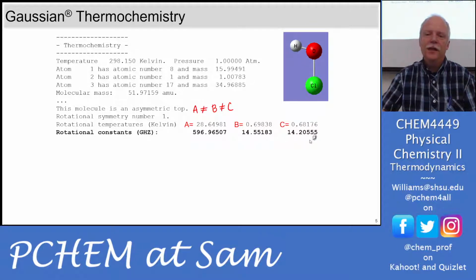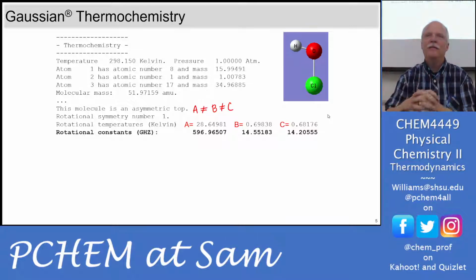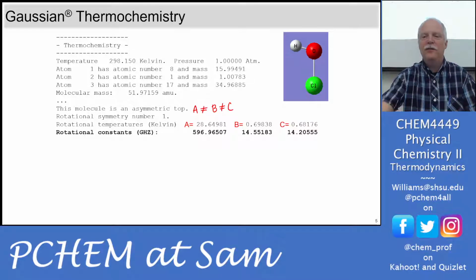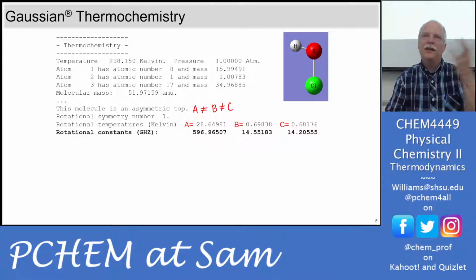But sometimes you have what we call an accidental symmetric top, and that is when 2 of these are very similar. So this is 0.69 or 0.7, and this is 0.68. So both of them to one significant figure are 0.7. And that's just because this hydrogen is so small, it doesn't really change the rotational properties very much. So this looks very much like a diatomic, but it's not. Okay. So A is the